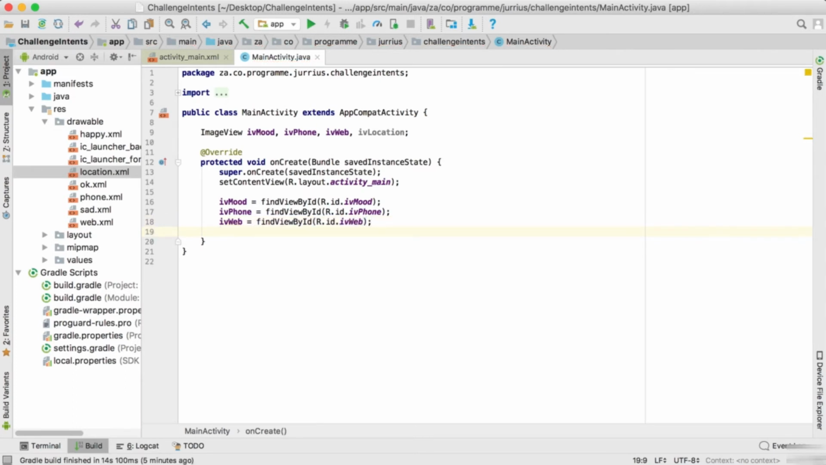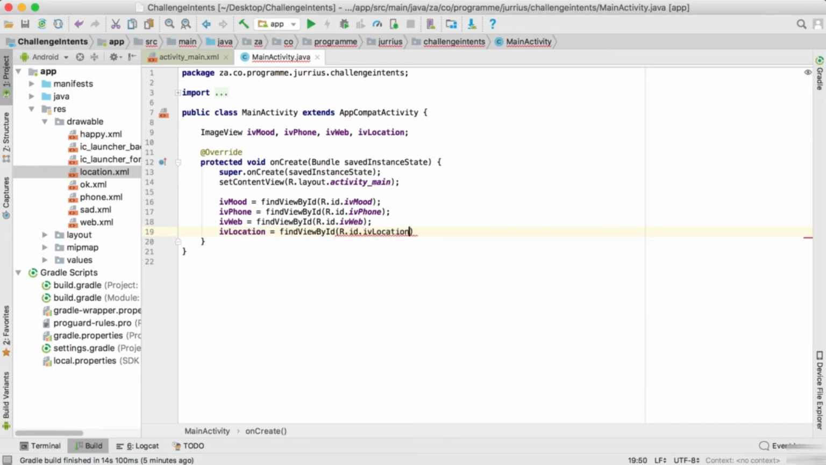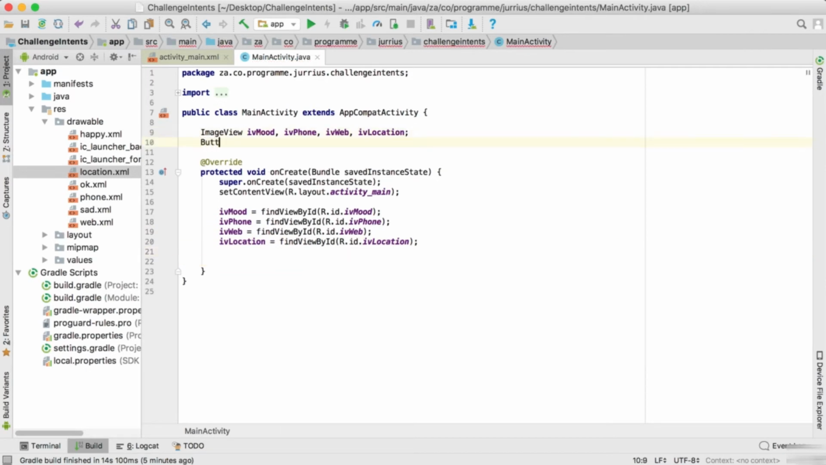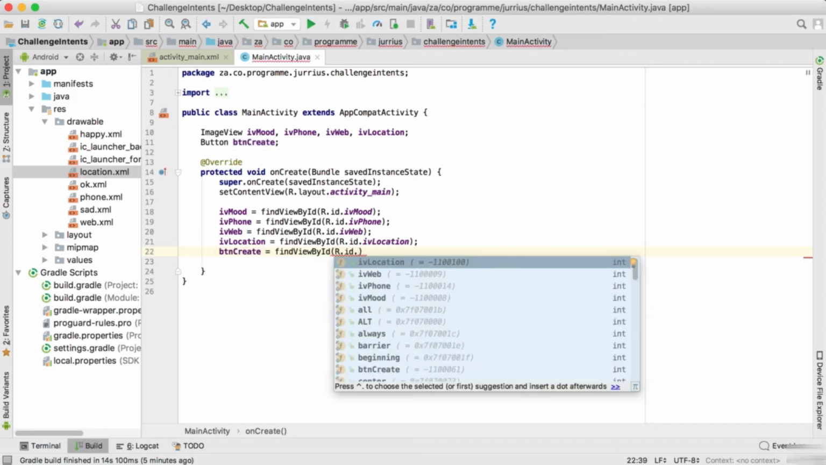And then the last one there will be IV location. And we're going to find the view by its ID, R.id.IV location. Right, so now we've set up all the image views, but we also have a button there. So we're going to have a button, and that button we called btn create. Now let's set up the button also, btn create equals find the view by its ID, and it's going to